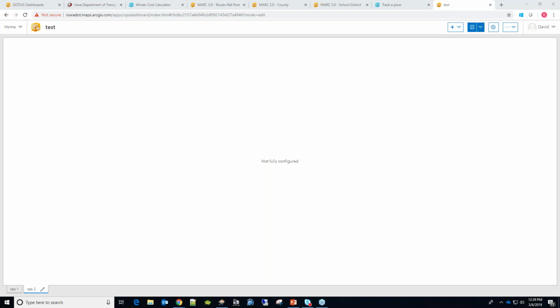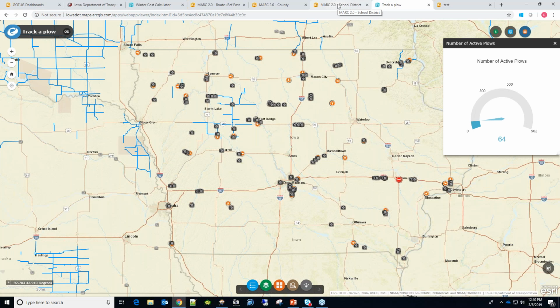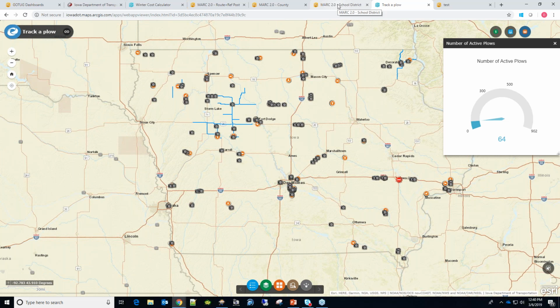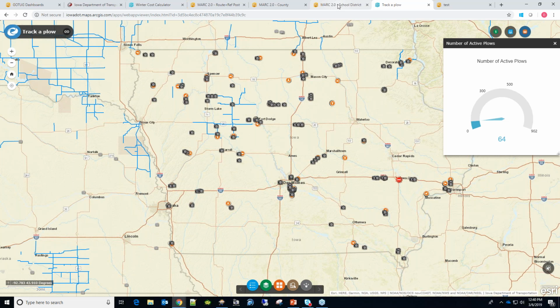Okay, we have another question. How do you handle very rich data like crashes? Oh, that's a good question. We're working on getting access to our crash database right now. Once we get that done, we'll be pulling it into our big data store and be able to push it up into Insights and also Operations Dashboard. We do have some REST service out there, but it hasn't been updated since, I believe, last year.